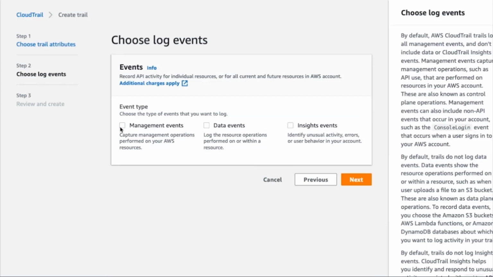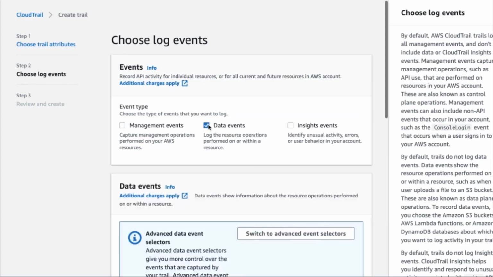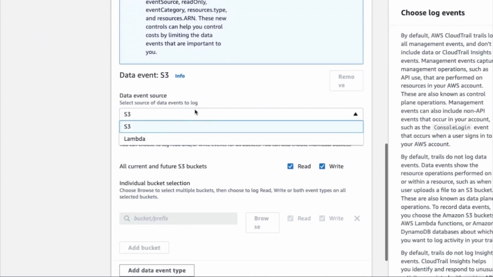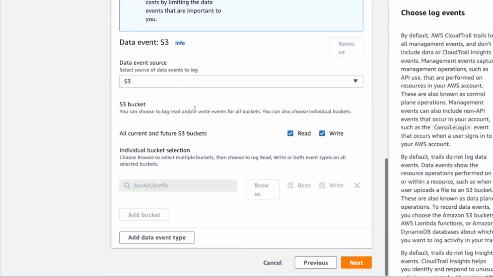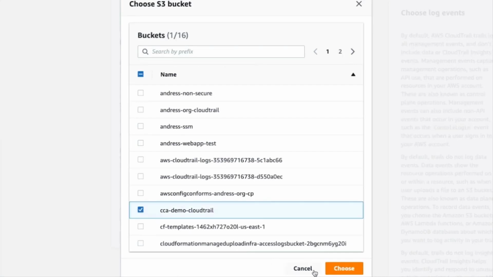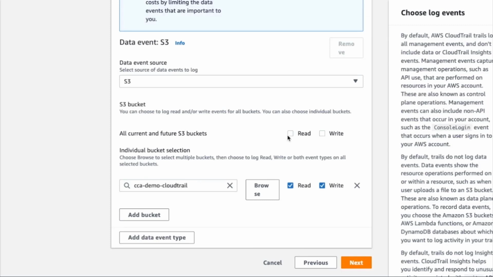We're going to uncheck management events, and we're going to check data events because that's what we're interested in tracking on this trail. We make sure S3 is selected. We want to uncheck all S3 buckets because we're interested in tracking a specific bucket for this demo. It's this CCA Demo CloudTrail bucket. But of course, you can always enable it for all buckets that are currently on the account and all future buckets also. Let's click Next